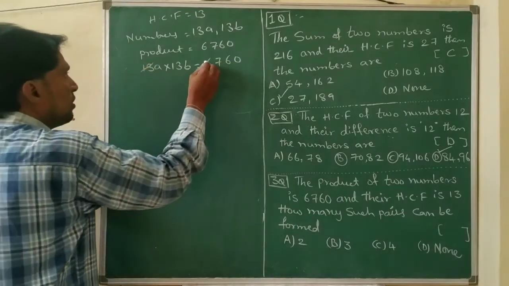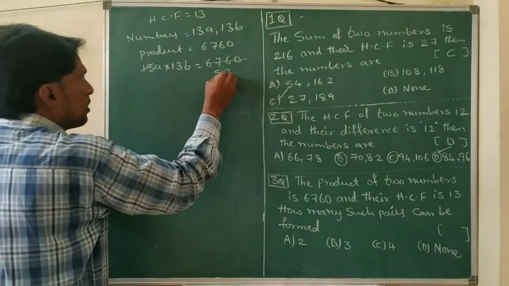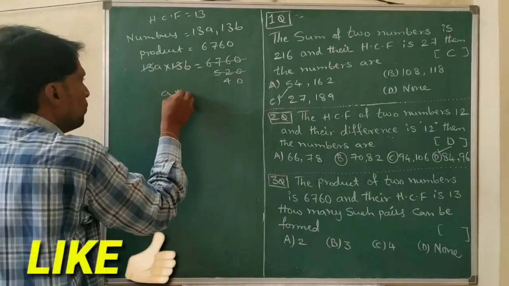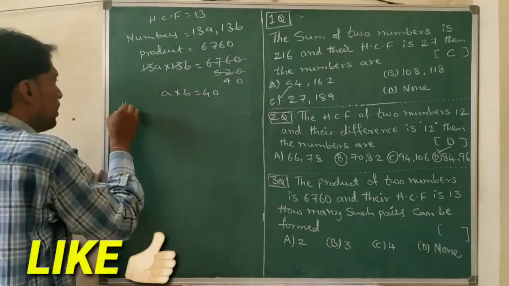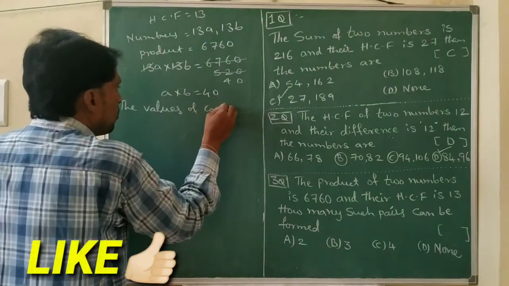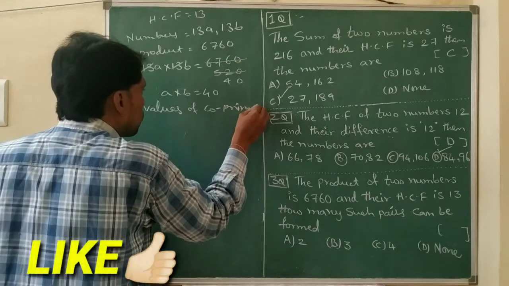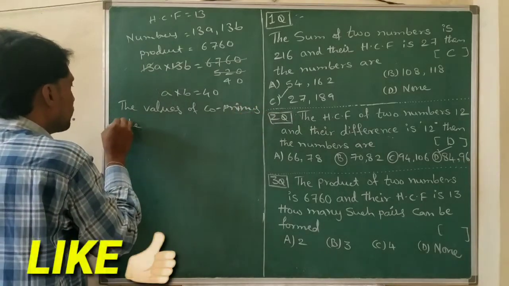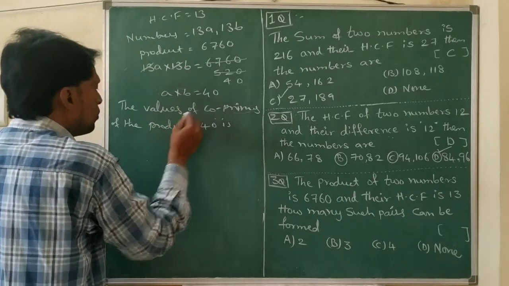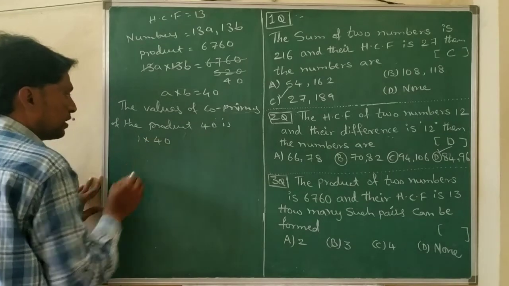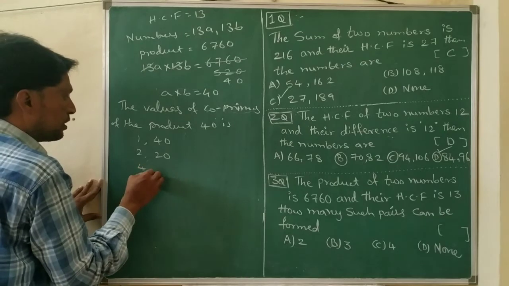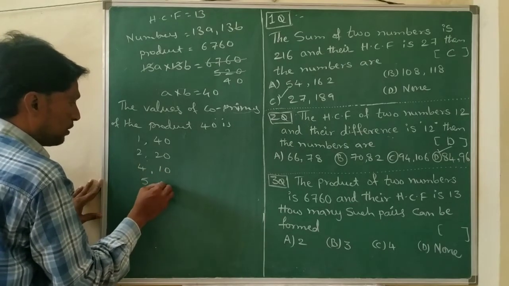13 table, you can cancel: 13 fives are 65, 13 twos are 26, 13 fours are 52. So a into b equals 40, we got it. The values of co-primes of the product 40: 1 into 40 we can take, 2 into 20 we can take, 4 into 10 we can take, 5 into 8 we can take,